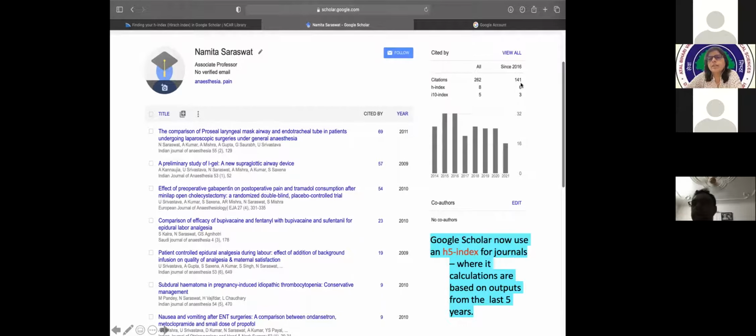You can see here it was 8, now it has become 6. So it shows that there is some downfall in your research work, and you have to further increase your research work and citations also. We have learned two terms till now: what is H index and what is H5 index.